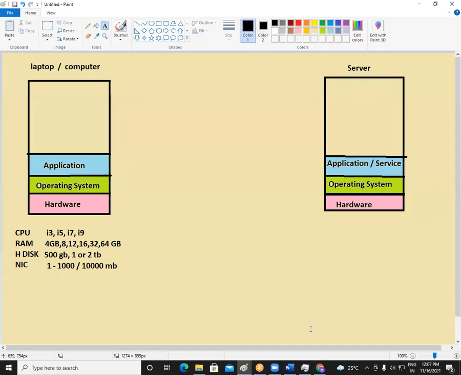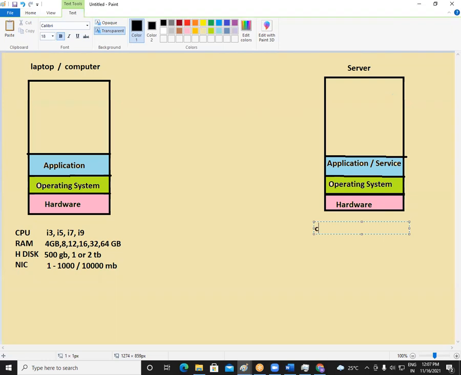Now, hardware wise, there will be a CPU here. There will be RAM here. There will be a hard disk here, and there will be an SD card here. But there will be some differences. The RAM that we have in your server, we cannot put into your computer. And the RAM that we have in the computer, we cannot put into the server. The component is the same, but the design and the structure will be different. One is designed to run in a computer, and another one is designed to run in a server. So component names will be the same, but component size and speed will be different.